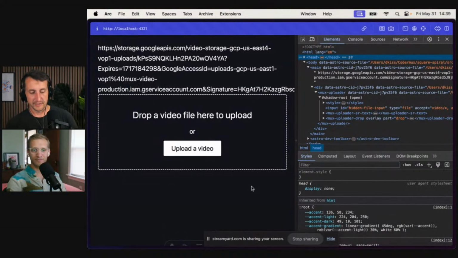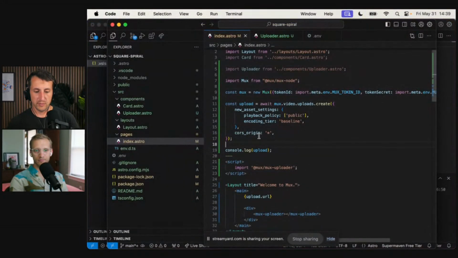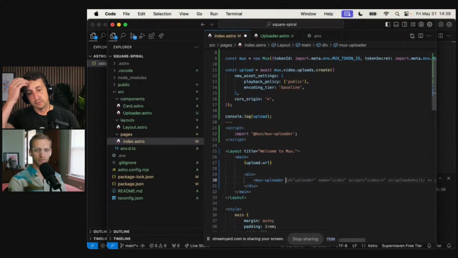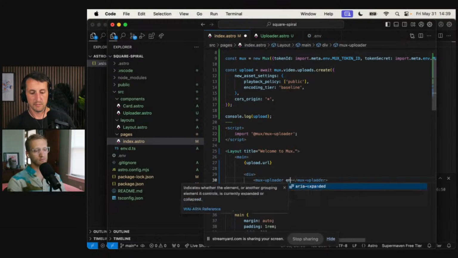So let's go to the next step. What do we want to do? So now we have to take this upload information that we've been logging out and throw it as props or attributes right here on the web component. The main one that we care about here is making use of that endpoint.